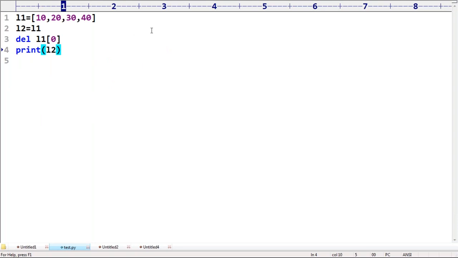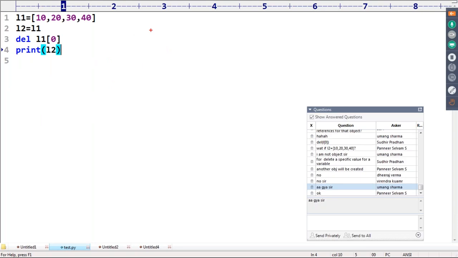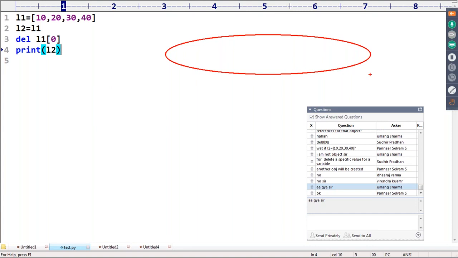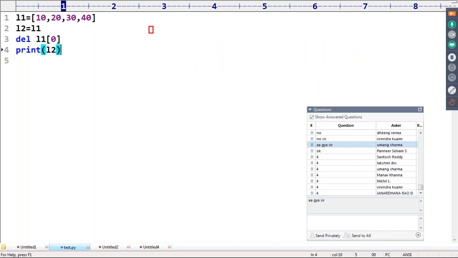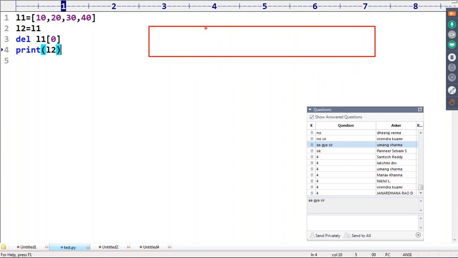What will happen? Internally, in this scenario, what exactly is happening? How many elements are there in the list? Can you please tell? Four elements. Now I'm ready to talk at the memory level. First one, second one, third one, fourth one.